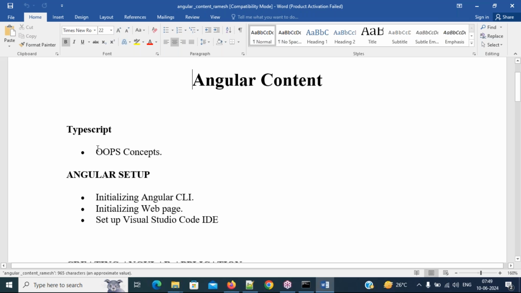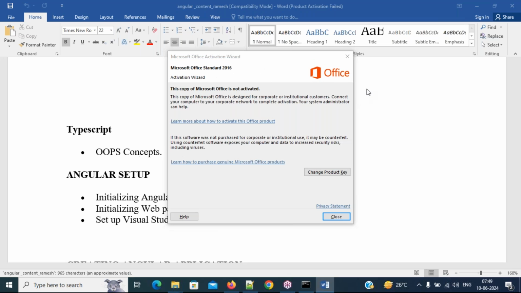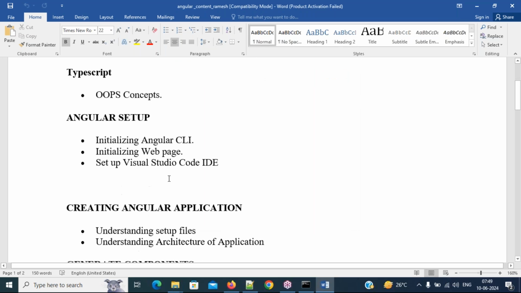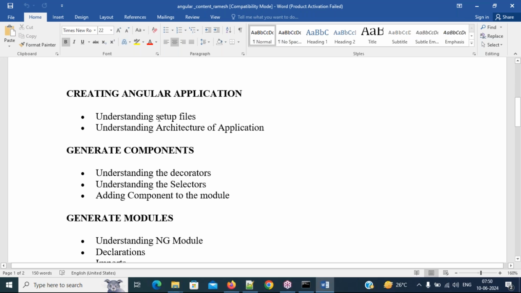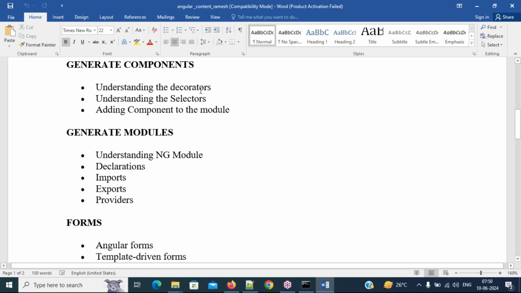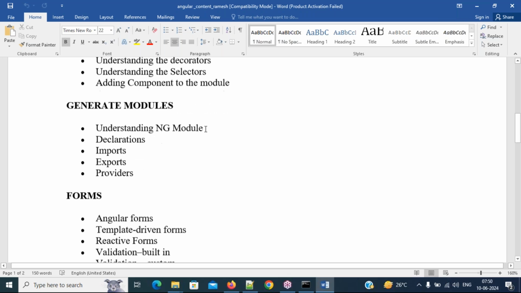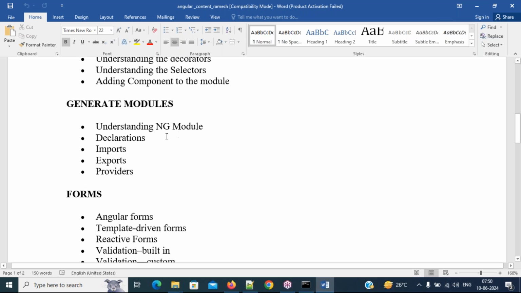Yeah, see here, TypeScript OOPS concepts. Then after Angular setup, initializing the CLI. Then after creating an Angular application, understanding setup files and architecture. Then after understanding the decorators, selectors, adding a component to the module, generating modules, understanding ng module, declarations, imports, exports, and